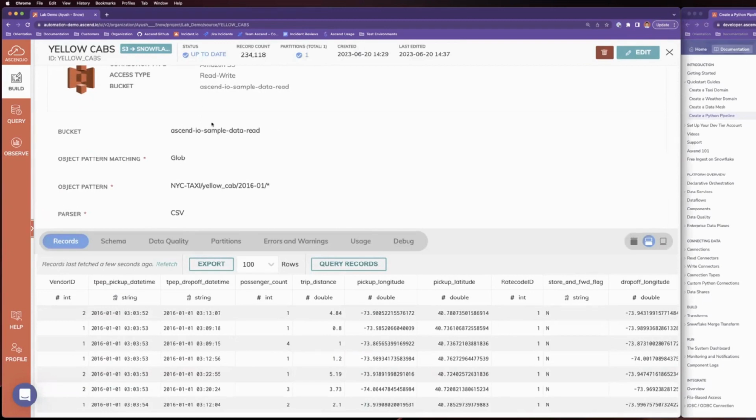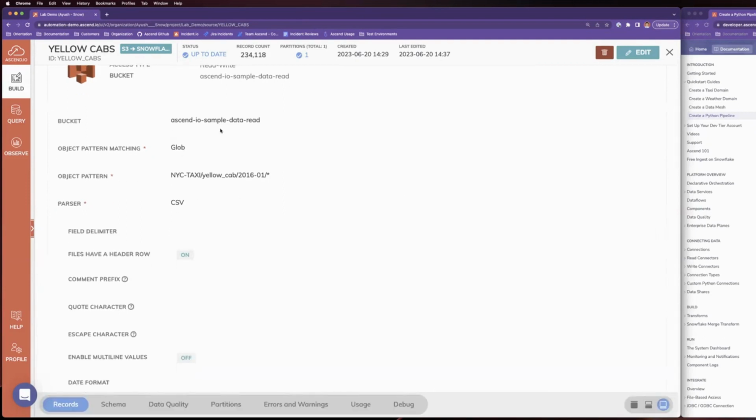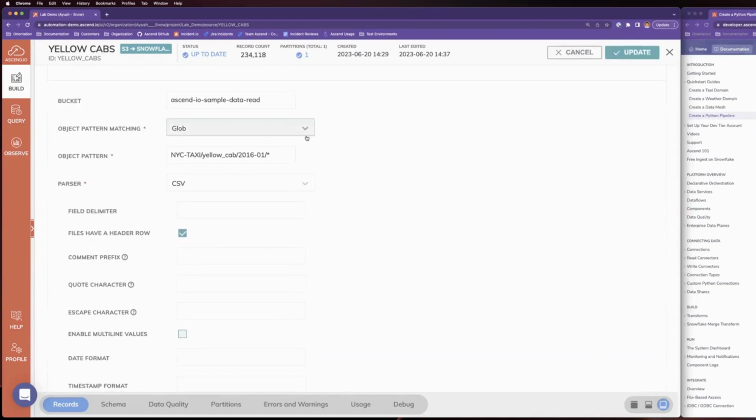But for example, in this S3 connector, as we call it, which is just pulling data from S3, you can see that we connect to a specific bucket based on the pattern matching here. Let me go into edit mode so that you can see what options are available. You can go glob, match, prefix, regex, whatever your scenario is, or whichever files you're pulling from whatever directory or hierarchy, you can pick whatever best meets your use case and pull from there, and then get whatever data.